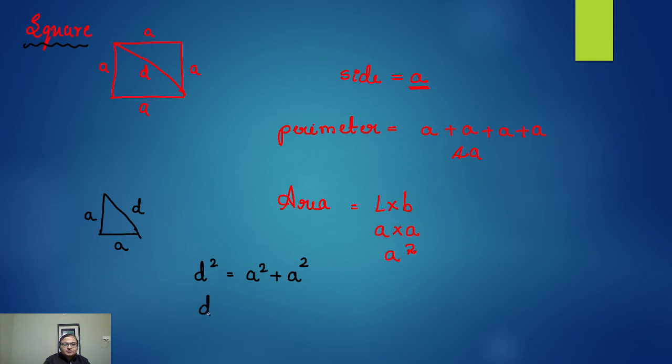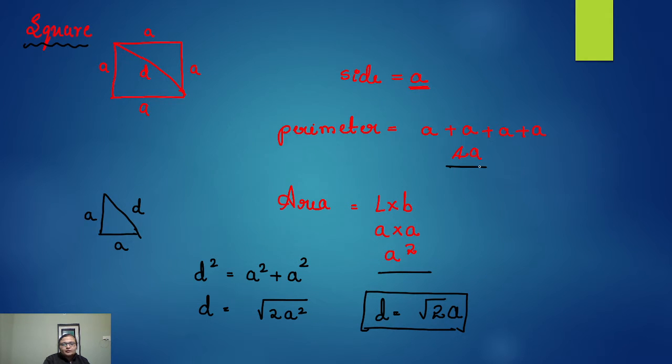So D is equal to root of 2A square. So the diagonal will be root 2 A. So the formula of the diagonal is root 2 A. Area is A square. Perimeter is 4A. Now next we'll go to the